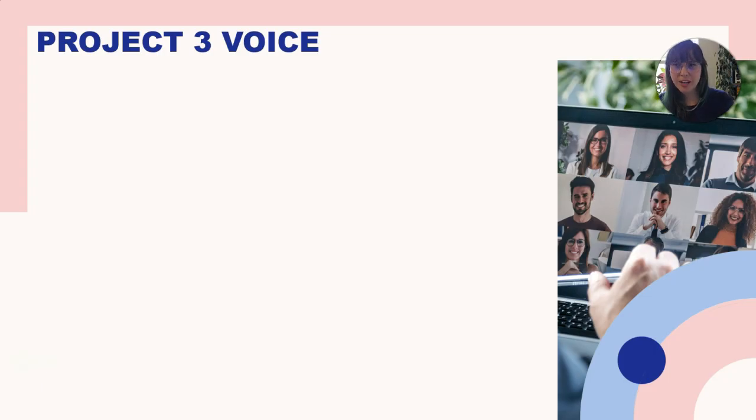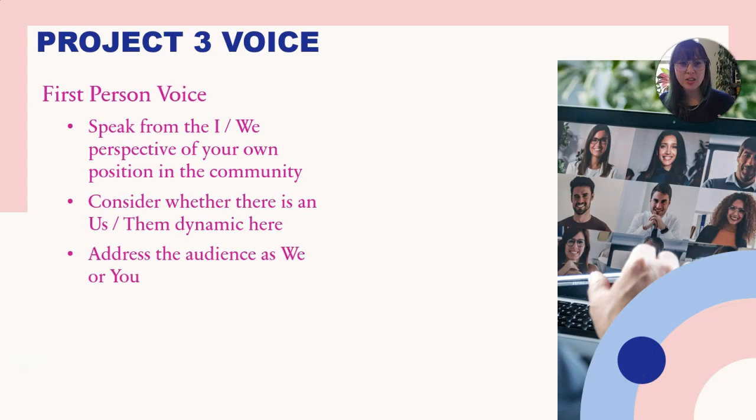In Project 3 for this class, this looks like developing a voice that speaks from the first person point of view. So I or we, owning your position in relationship to the topic, in relationship with the community. Do consider if there is an us versus them dynamic that's going on here. And usually we want to avoid us versus them thinking, but for problematic issues,